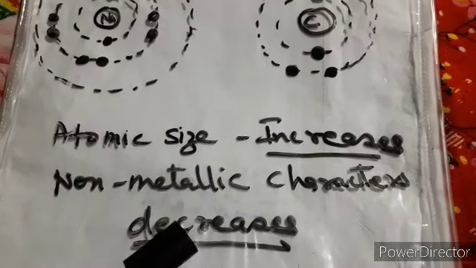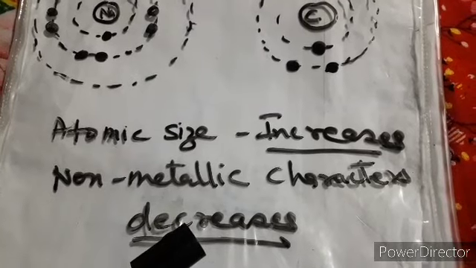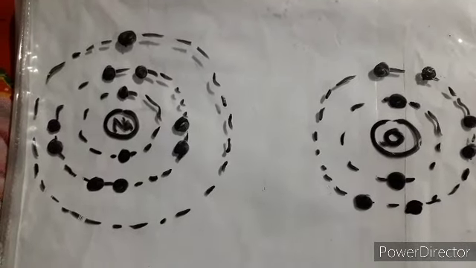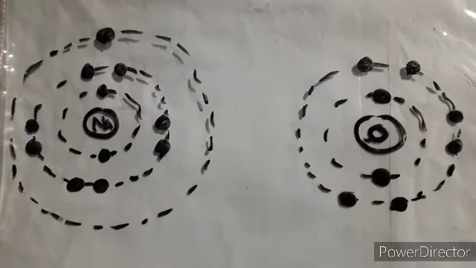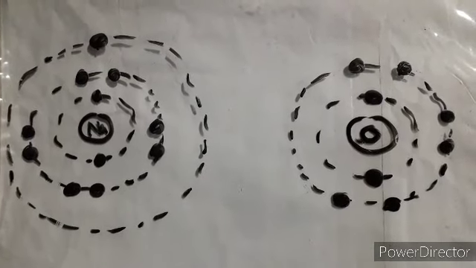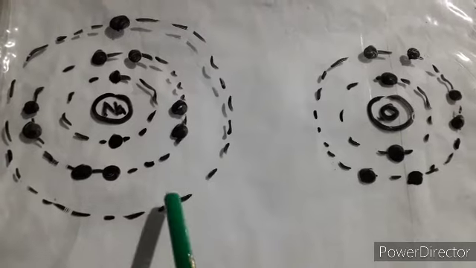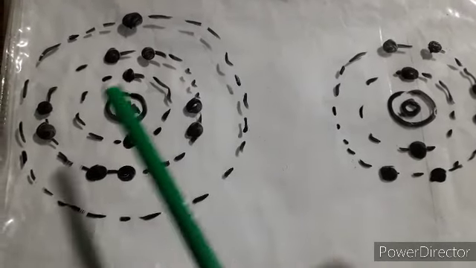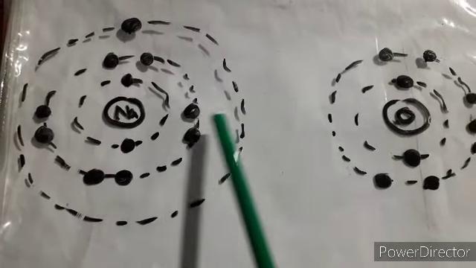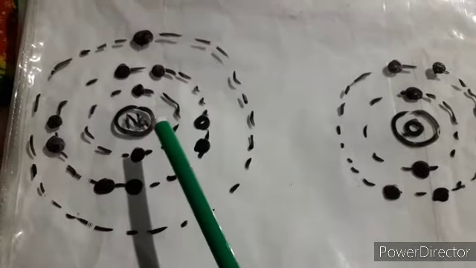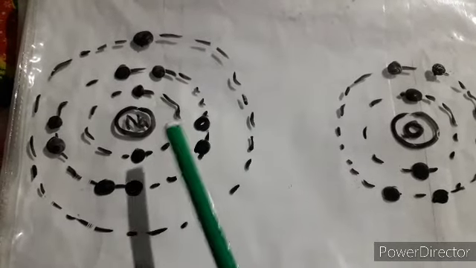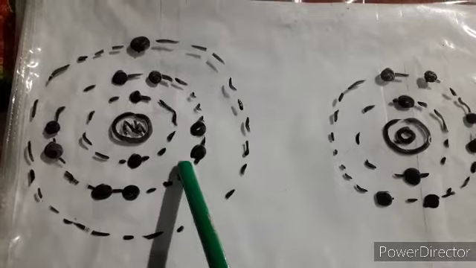Now we have to focus on the ionization potential concept. Now we have to focus on the next factor, that is ionization potential or ionization. Now I've taken another example, and you can see again it's a metal, sodium, and you can see that its atomic size is more. You have to focus on the ionization potential here.